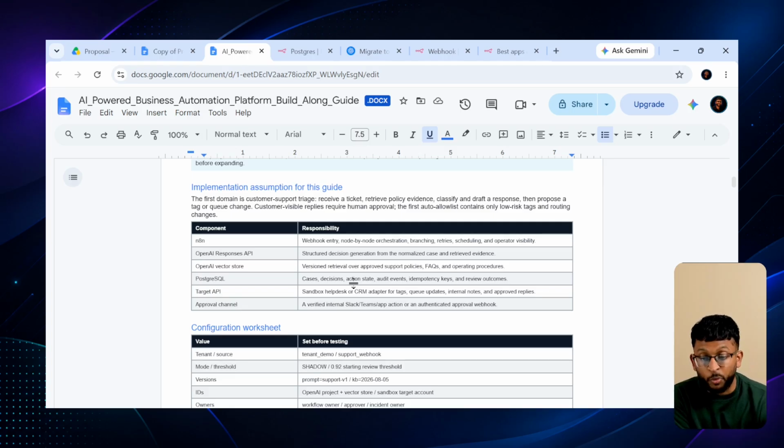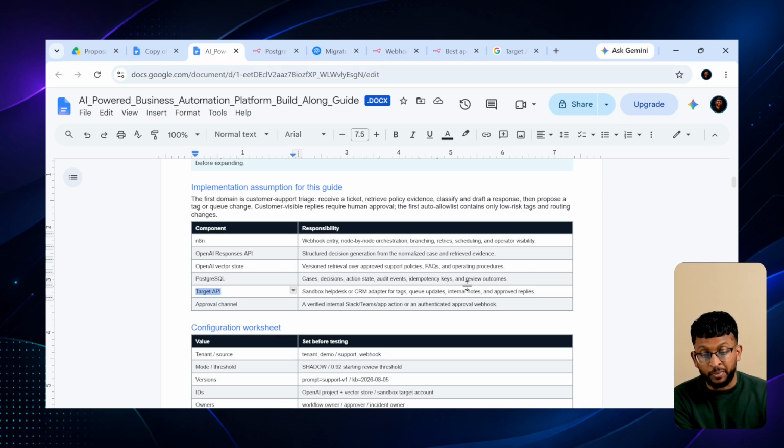And then there's also OpenAI's vector store version, retrieval over approved support policies, and that's basically what it would be doing. And then Target API Sandbox. Let's search that. Yeah, so Target API is basically the Sandbox help desk or CRM adapter for tags, queues, and internal